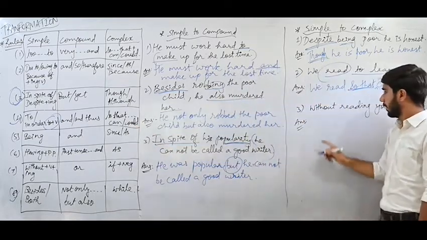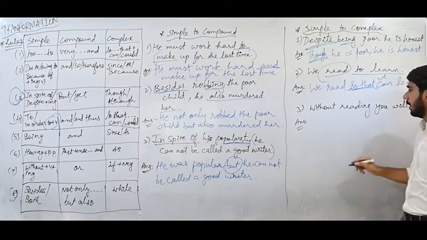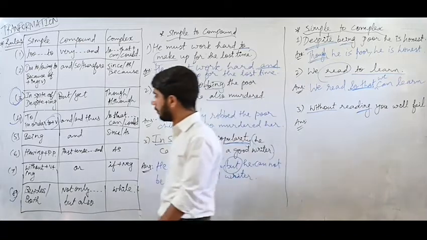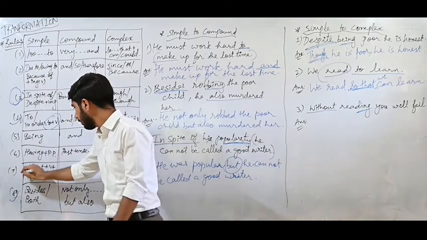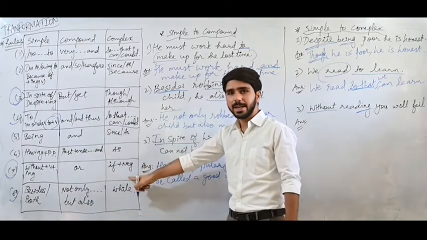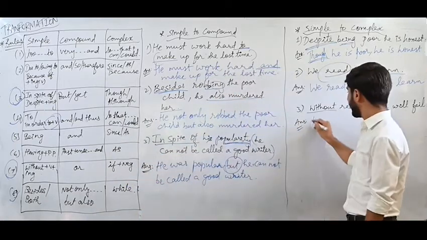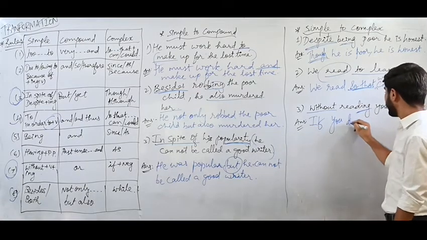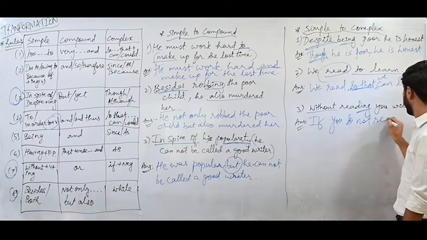Now third one. Without reading, you will fail. See, without plus ing is given. Where can you see without plus ing? Here. Without plus verb plus ing. That is rule number 7. So use if plus negative. Let us start. If you do not read,